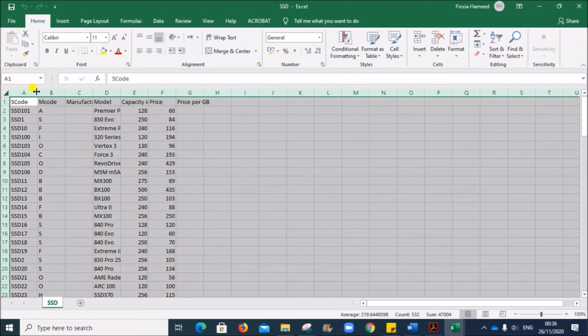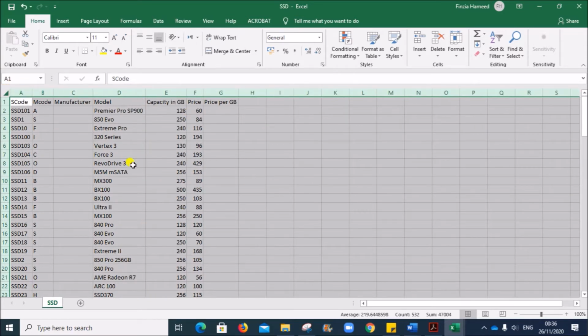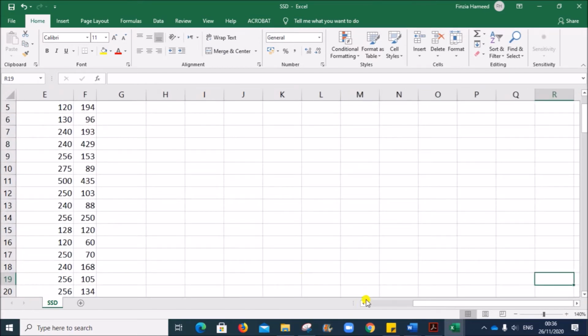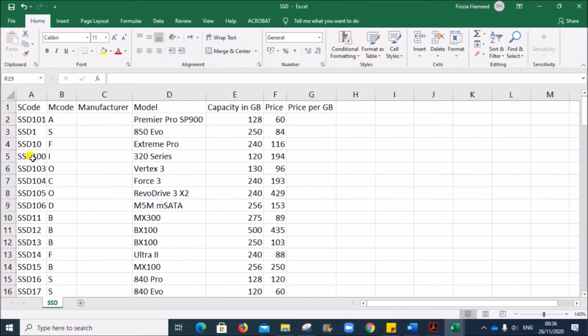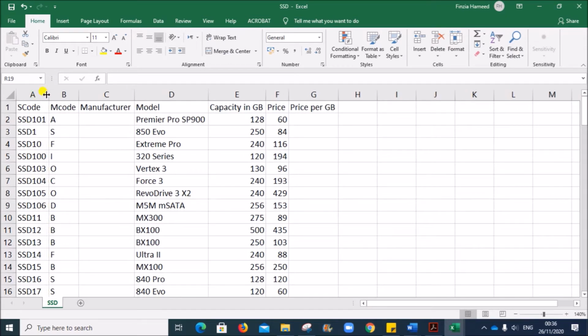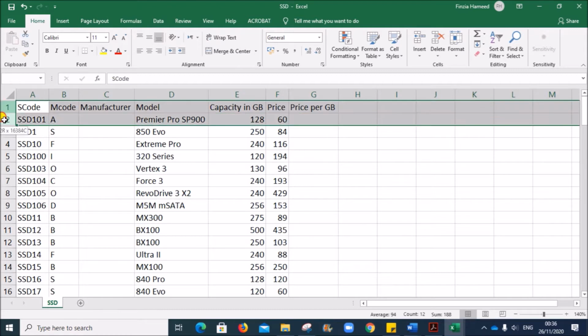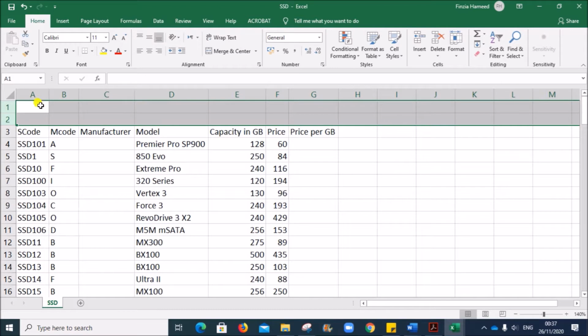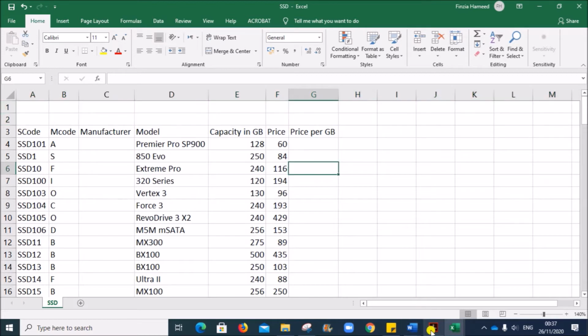Click at this corner and double click here so that everything will be displayed. Now we have to insert 2 new rows at the top. So select 2 rows at the top, then right click, insert. So 2 rows are inserted.